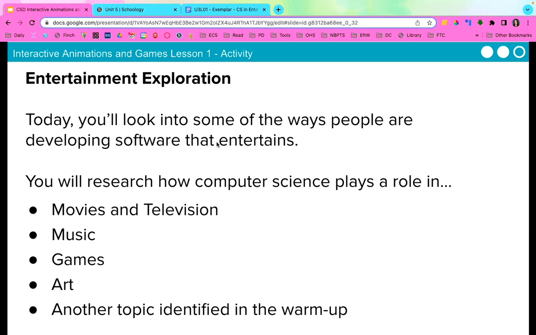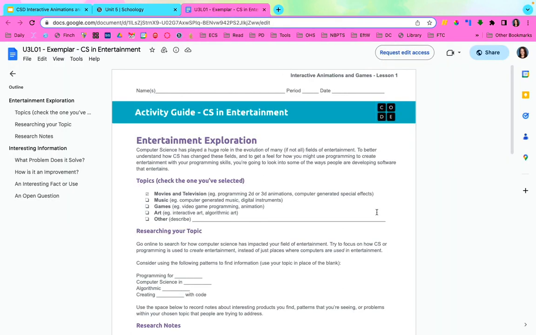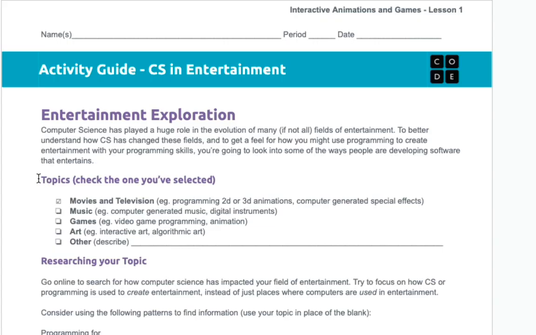So you'll look into some of the ways that people are developing software that entertains. You'll research how computer science plays a role in movies and television, music, games, art, and any other topic that might come to mind that we didn't list here. So let's look at this. This is an example. Topics, check the one that you've selected. So choose one of these or another one